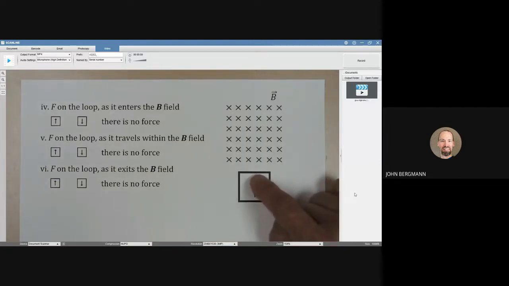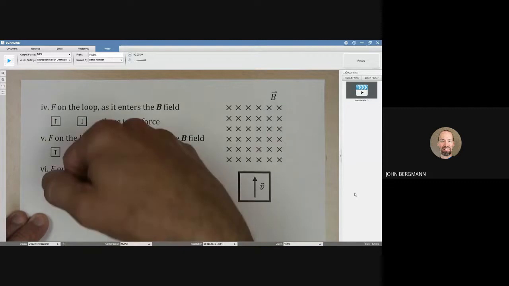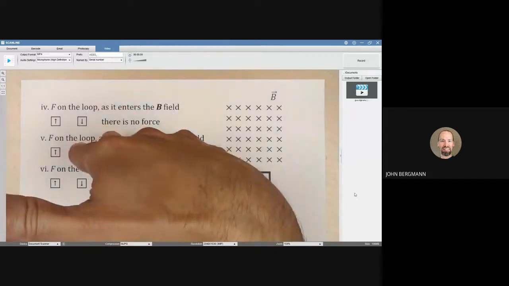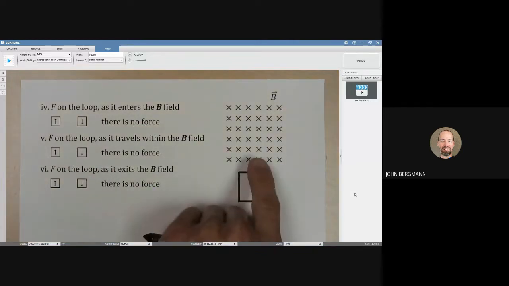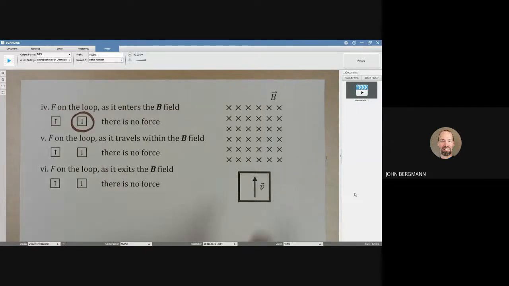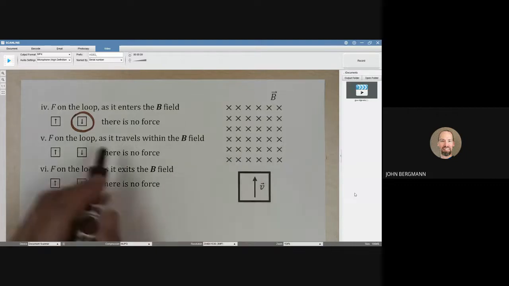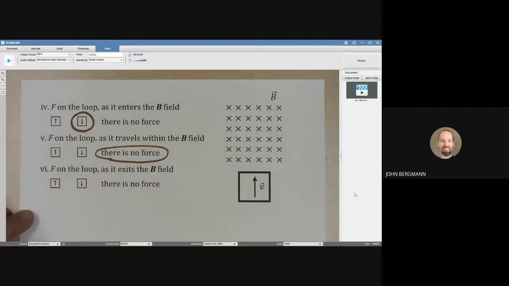These charges right here, when they get into the field, they experience what kind of a force? Well, let's use the pat-pat right-hand rule. The charges there are moving to the left. We'll put our thumb there, and they're in the presence of a magnetic field that is into the page. Charges moving to the left, the field is into the page. Sorry, my fingers are going into the page, so I'm patting down. As this thing is moving up, there is a downward force. There is a resistance to that loop going into the field. When the loop is in the field, there's no current, and there's no resistance to that loop just moving right